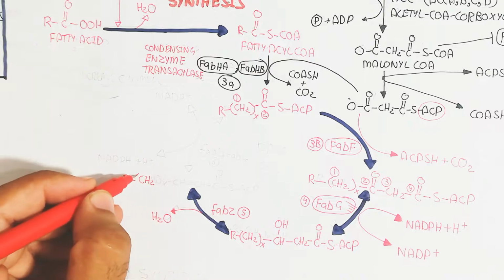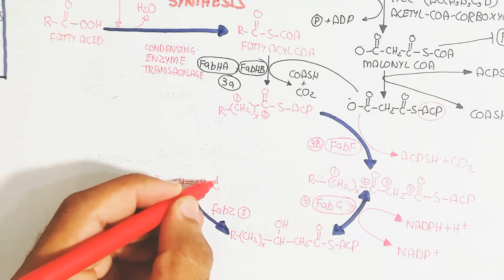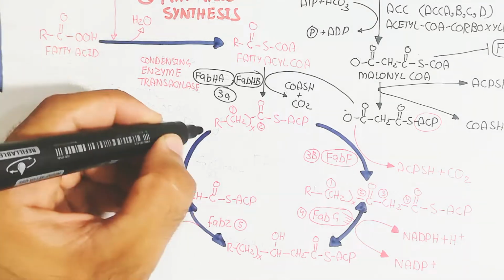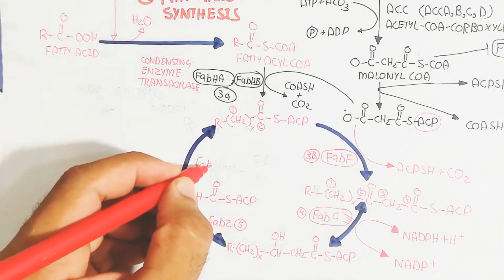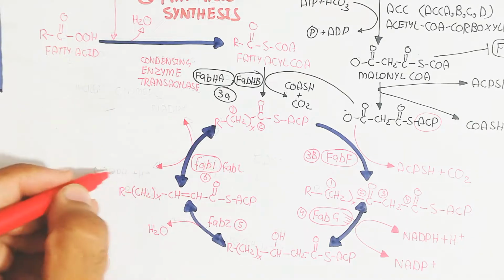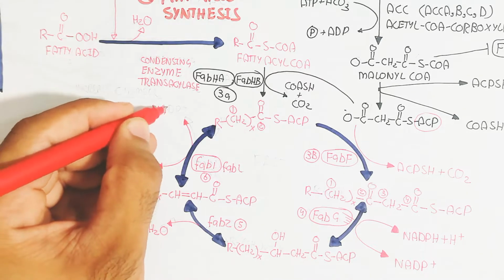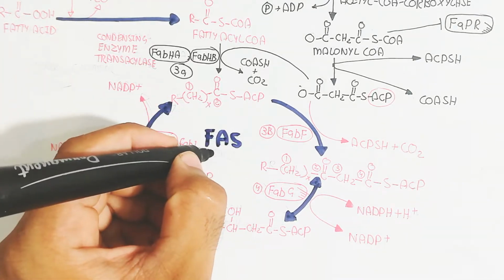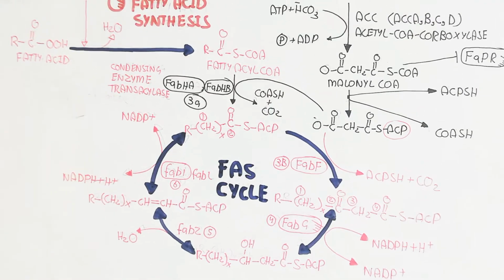Hydrogenation will lead to an increase in hydrogen, so in the oxygen level, and in this way you can understand the water will be released by the FabZ enzyme in the fifth step to form... Here ACP is still present, and in this way you can see the double bond will occur. After this, the carbon to carbon double bond will be